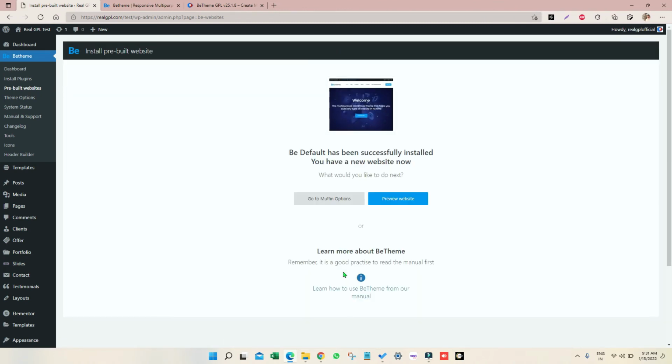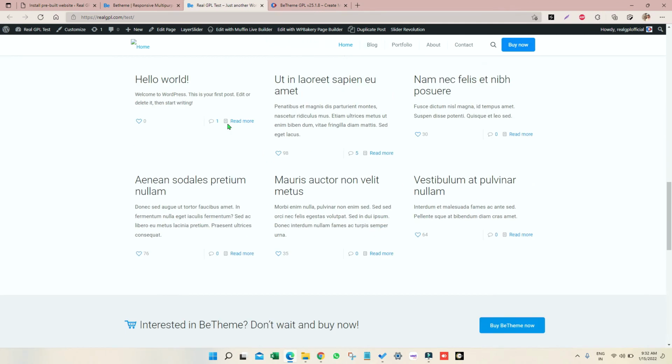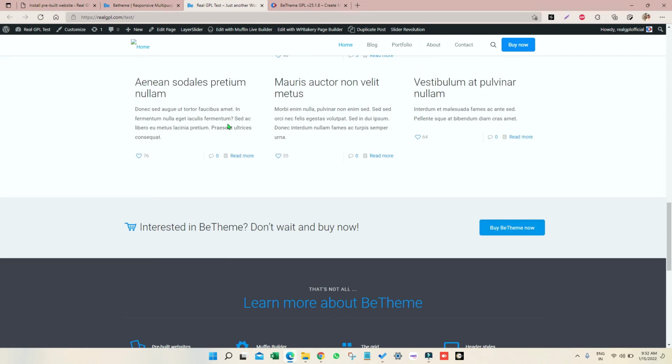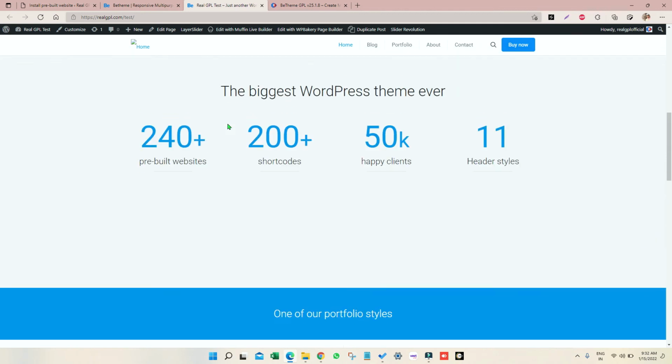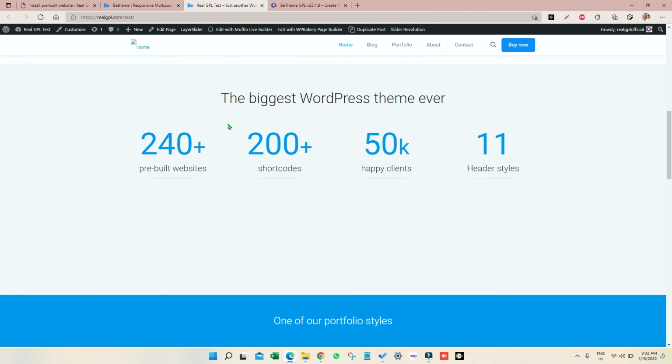You can see within moments the default demo has been installed. So let me check my website in a new tab. Yes, you can see each and everything is coming as expected. It is possible that a few images will not come because images are part of copyright, and in that case you have to use your own images. So I think you got the clear idea of how you can install a theme and import the demo of a theme.